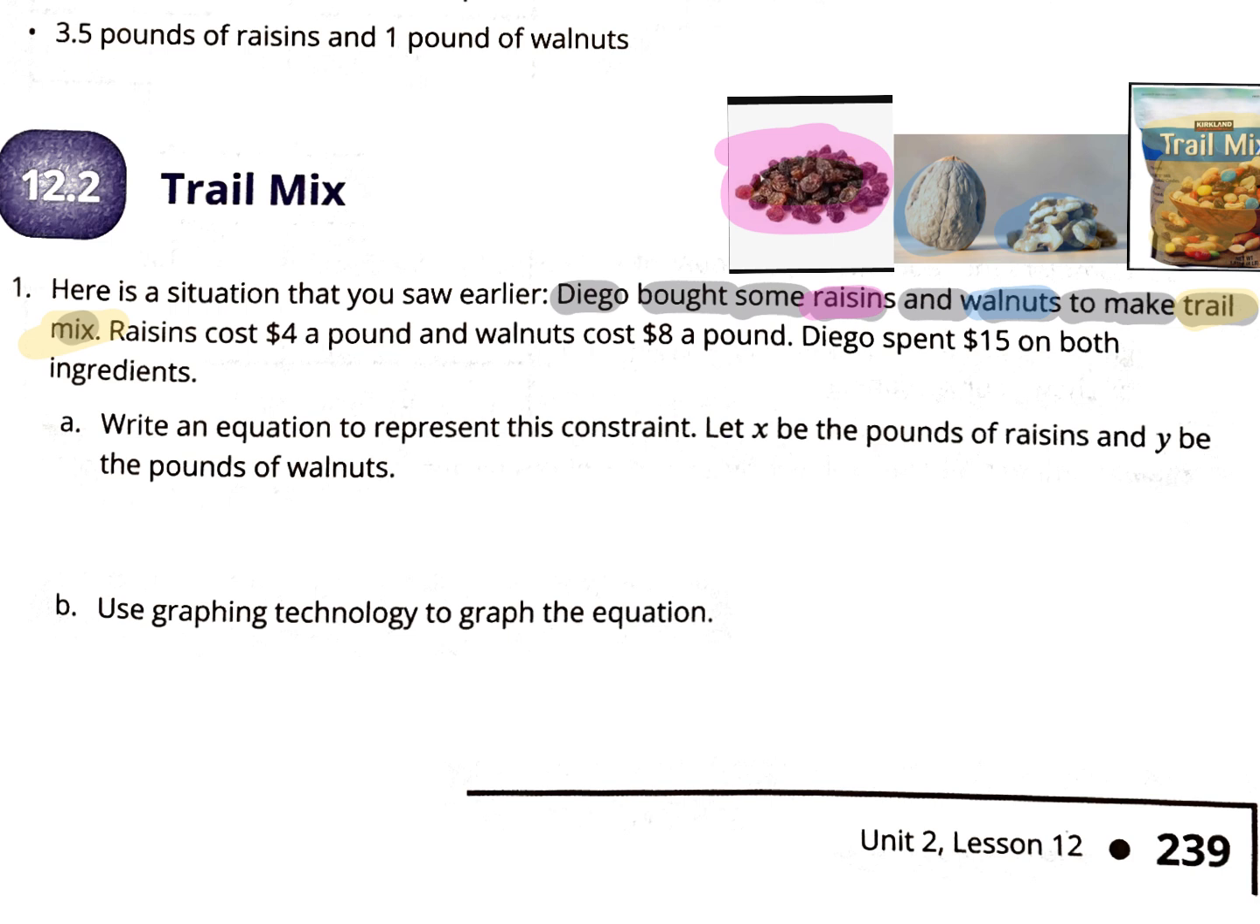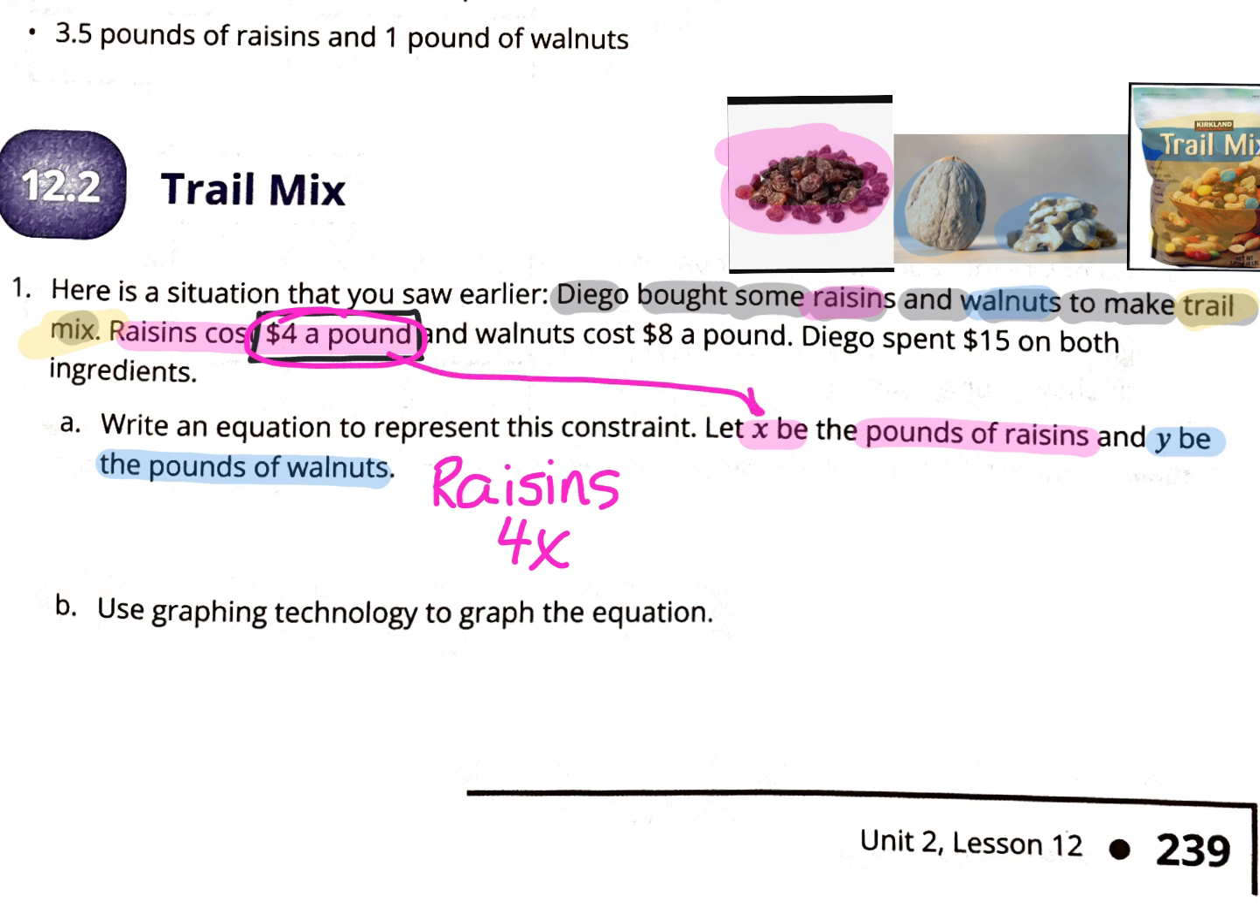So it tells me that it wants X to be the pounds of raisins, and it wants Y to be the pounds of walnuts. So if raisins cost $4 a pound, that means that to represent my raisins, I'm going to use the expression 4X, because it says raisins cost $4 a pound, and they want us to use X to represent raisins. So we're going to represent that as 4 times X